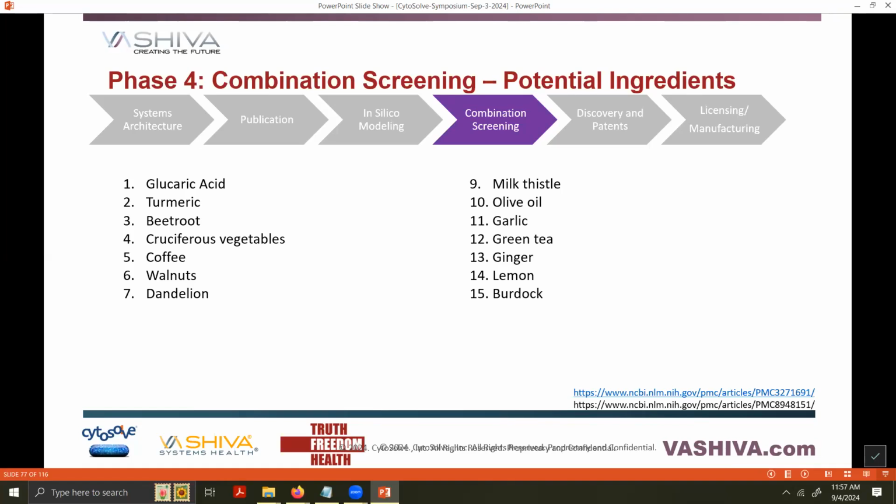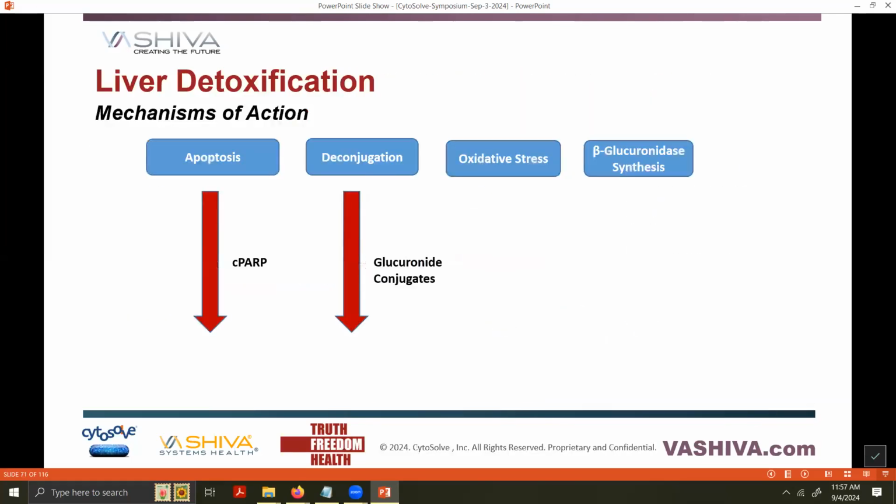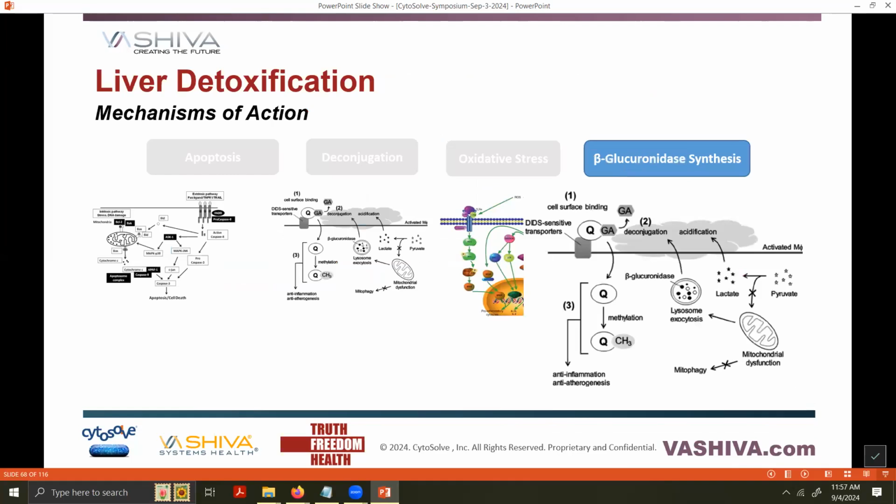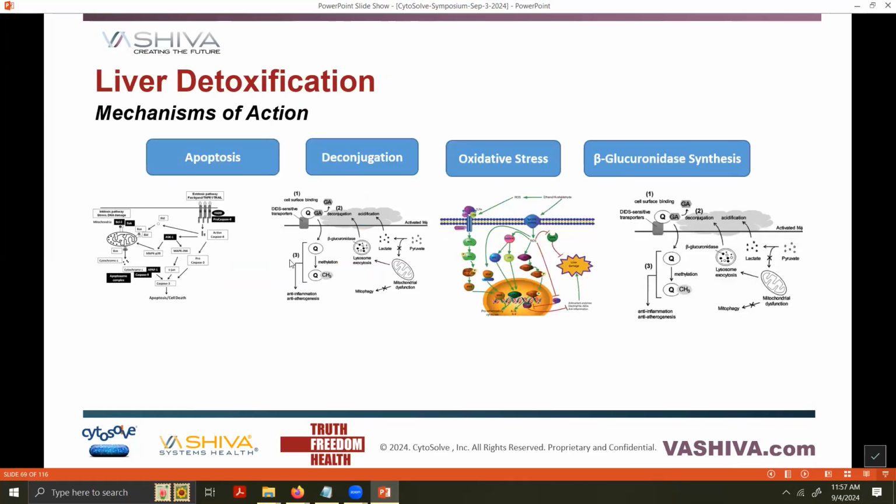We're looking at what's in the known literature, but then finding particular compounds. And from those compounds, using the CytoSolve technology to understand how those compounds affect those 4 subsystems that Dr. Prabhakar just walked you through. Those subsystems are those molecular mechanisms which involve those little ball and stick diagrams. Go back to them, Prabhakar. So if you go back to these diagrams, all of these are molecular mechanisms that people have won Nobel Prizes for, just for one of them.